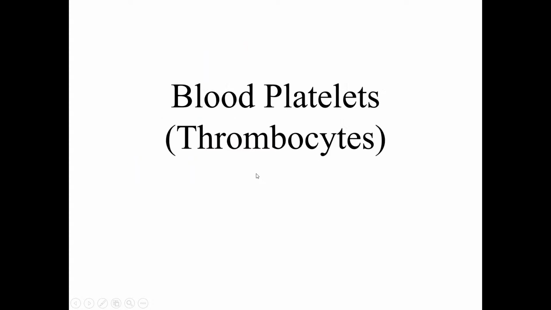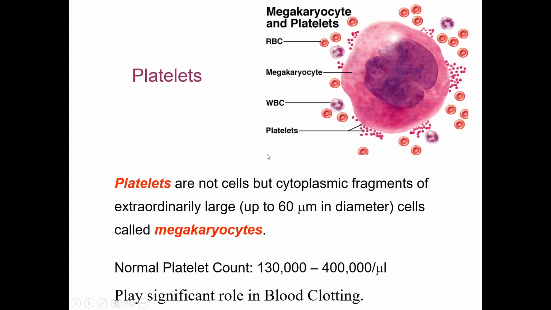The third category of the formed elements is blood platelets, which play an important role in the blood clotting process, and their number, I have already told you, varies from 1,30,000 to 4 lakh per microliter of blood volume. And these are not cells, but rather cell fragments. They are formed by the division and fragmentation of cells known as megakaryocytes, the very large cells in the bone